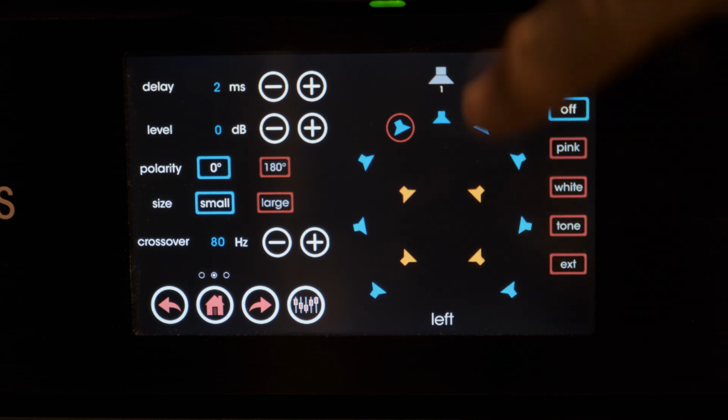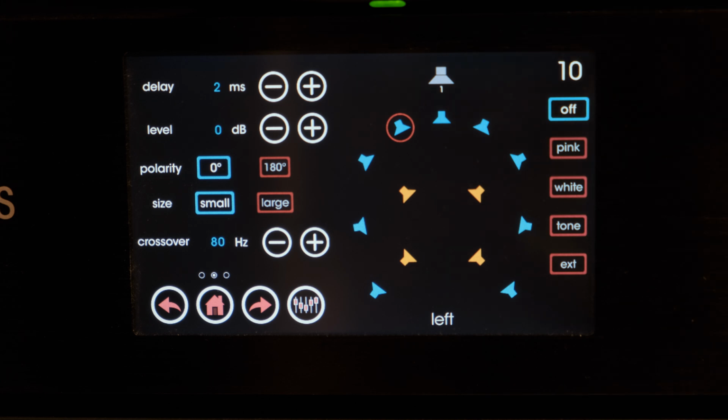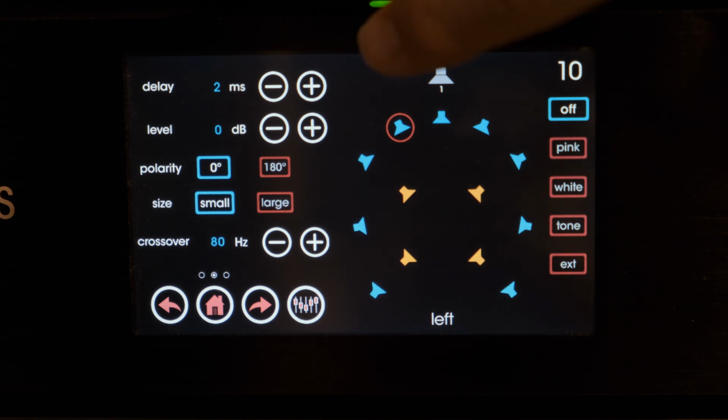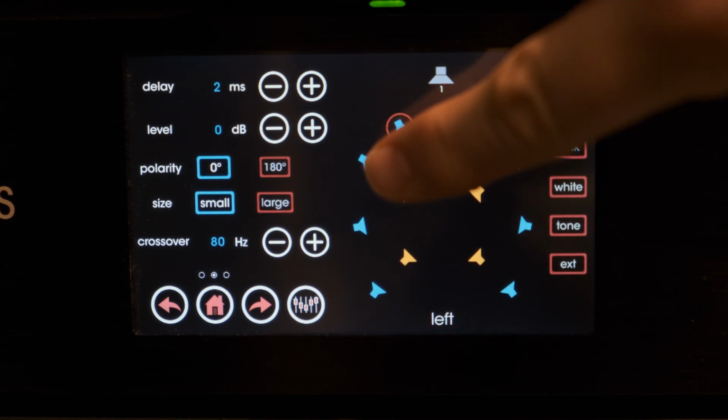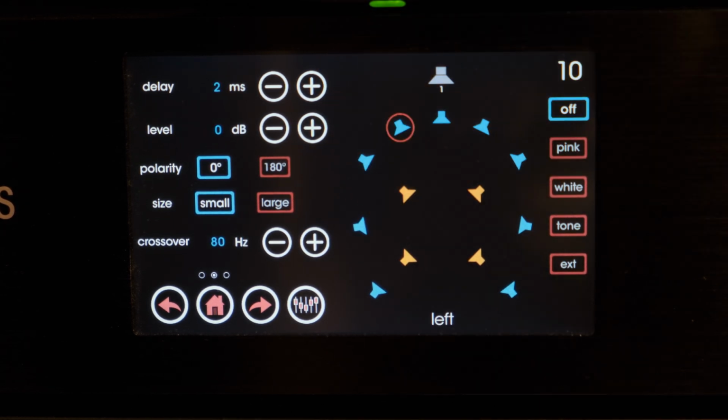right? So you've got your 9 bed channels and then your 4 Atmos channels and then your subwoofer at the top. In this section, there's a lot of configuration we need to do. So we're going to set the delay to start with, polarity, and then size, small or large, and then the crossover. For our environment, we're going to, at this step, set each speaker to have crossover of 80, set them